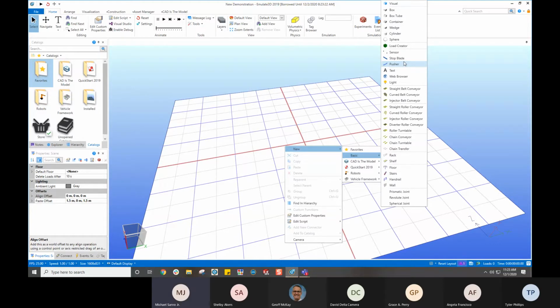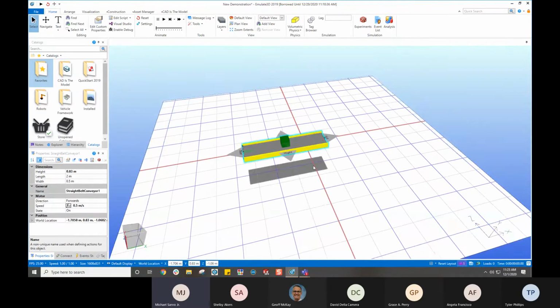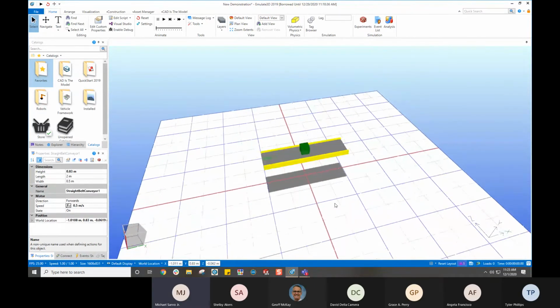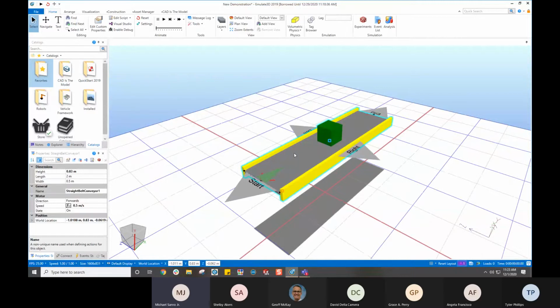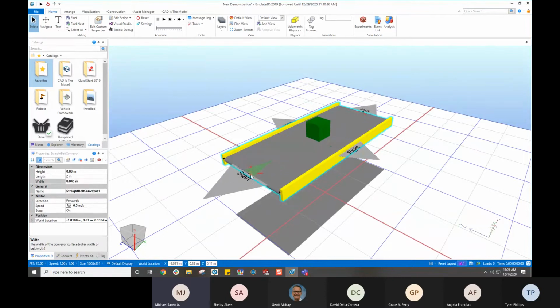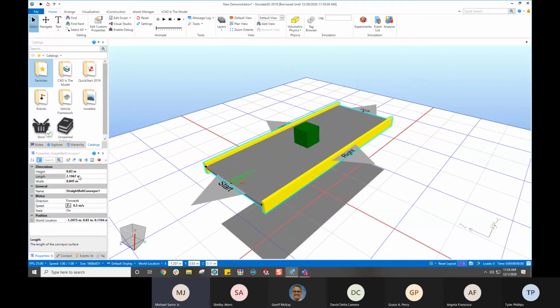Things, representations of your machinery. And then some of these things are machinery straight away. So for example, the straight belt conveyor, that is our most basic conveyor object. And we'll see when we get into catalogs, there are lots of other structures that are built on these same kinds of building blocks. And everything is parametric, meaning I can resize it dynamically using these control points or using